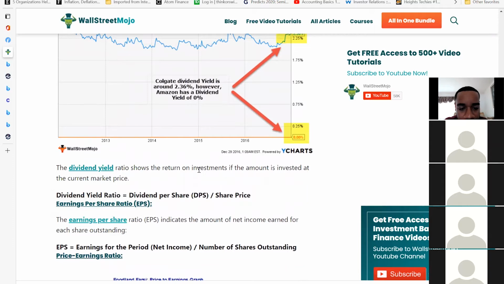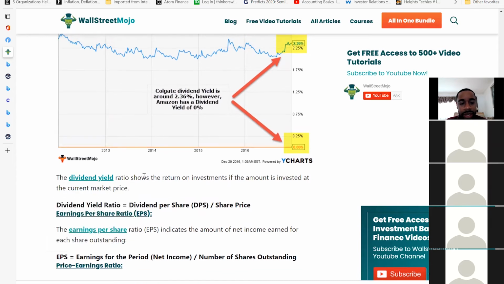Dividend yield ratio shows the return on investment if the amount is invested at the current market price. So sometimes these ratios are better than looking at just the whole dollar amount, right? You could have two companies paying $1 per share in dividends, but based on the current stock price,